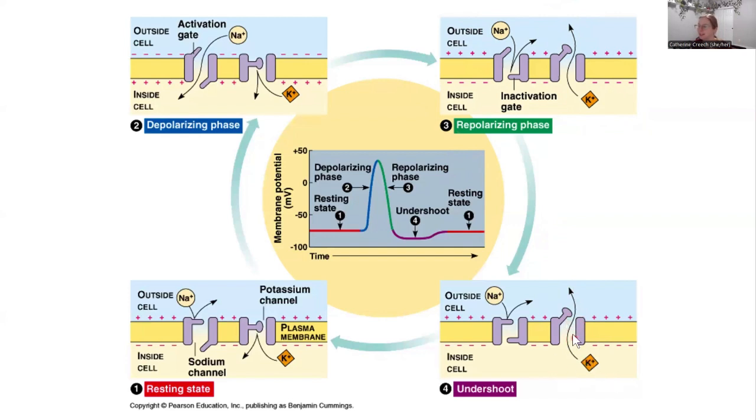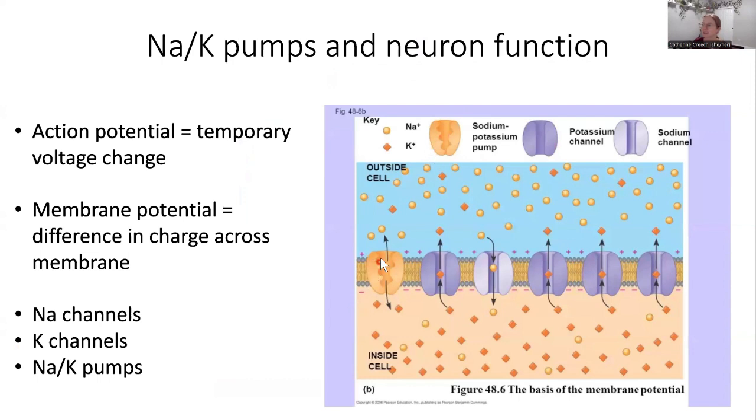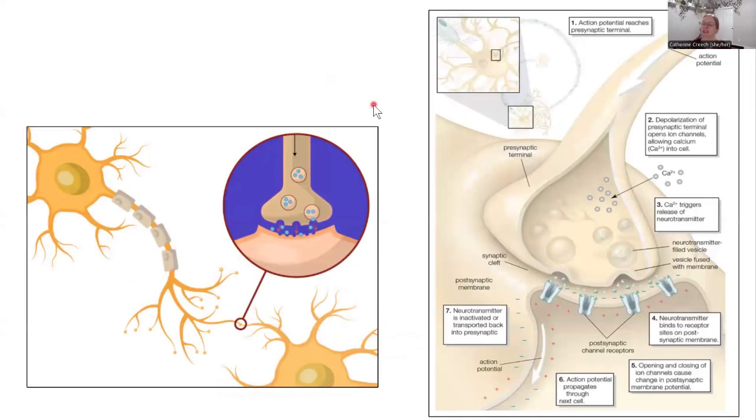When that is done, it goes a little bit too far. It pushes too much potassium out. It shuts that gate. And now I need to redistribute the sodium and potassium back to the resting state. So right here, to redistribute it, I'm using that sodium and potassium pump. Right here, sodium and potassium pump to put everybody back where it should have been. This is so cool because those pumps, those channels, allow an electrical impulse to go from one neuron to another